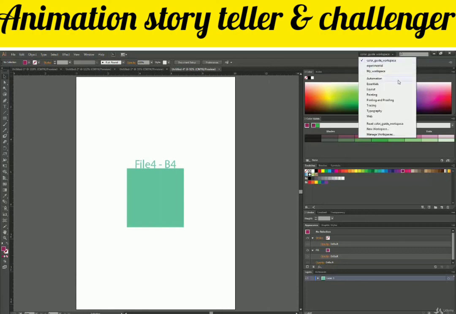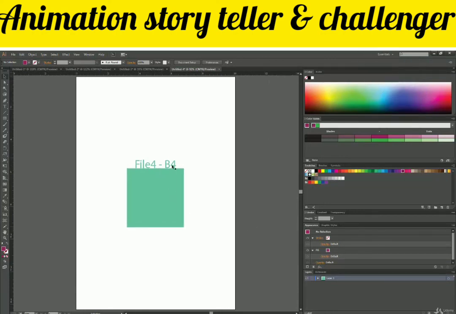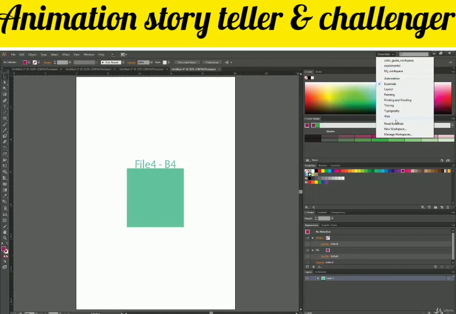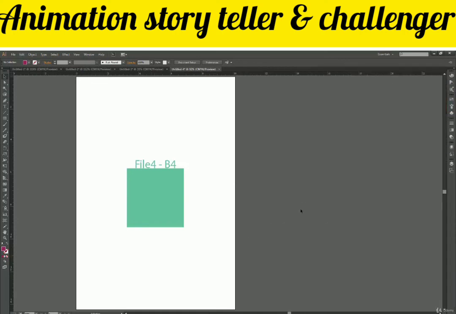Okay, so let's jump back to essentials, but you can see the same changes are reflected in essentials also, because we made changes in essentials and then we saved it as a new workspace. So we can quickly reset the essentials, that's not a problem. Now let's see whether our reset workspace works with this also or not, because we have seen it in essentials or some predefined workspaces. But what if I have created my own workspace and I want to reset that workspace? Will it still work or not?